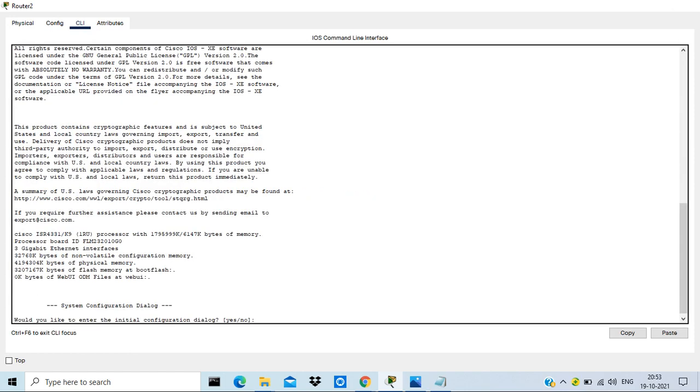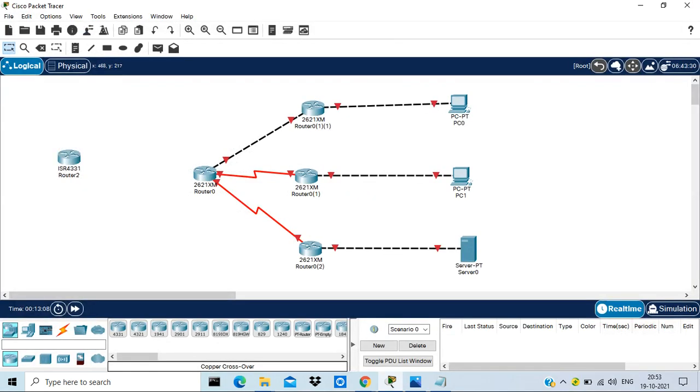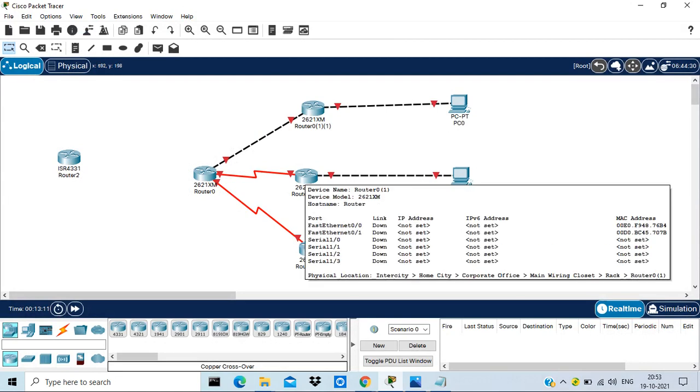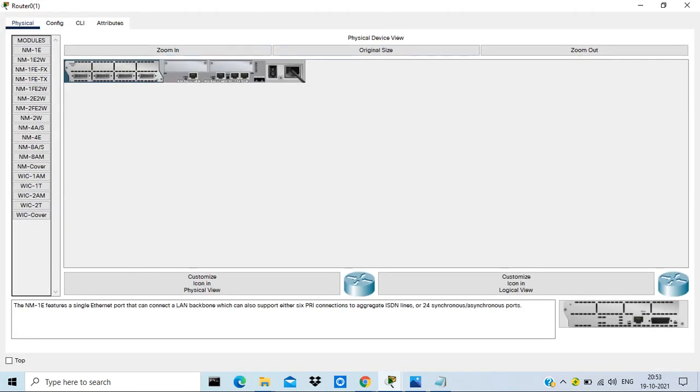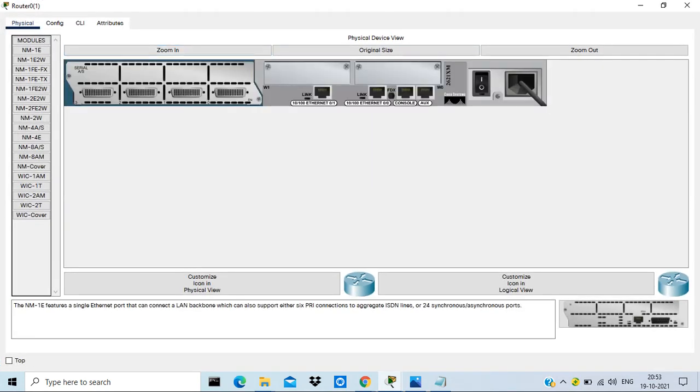But these models, if I click on any of these routers and zoom in, these are powered off. All these particular model routers are powered off in Packet Tracer. So that is the first reason. But even if we power it on, the link will still be down. That reason, maybe you know, or maybe I have to discuss.